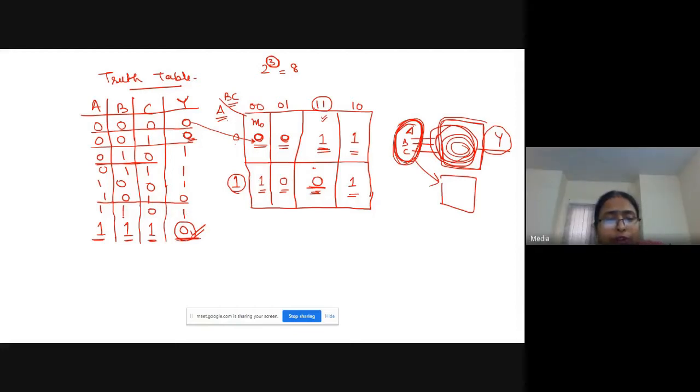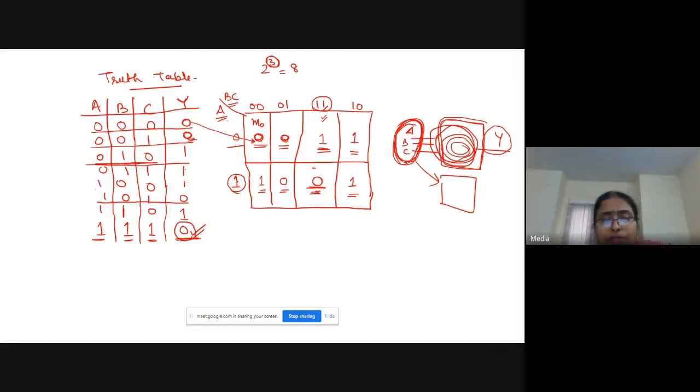Now you see the ones: 1, 2, 3, 4 ones are given to me in the truth table. And in the K-map also there are 4 ones corresponding to the 4 combinations of the input. Those inputs are 0, 1, 0, then 0, 1, 1, and 1, 0, 0.